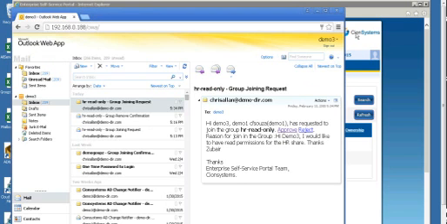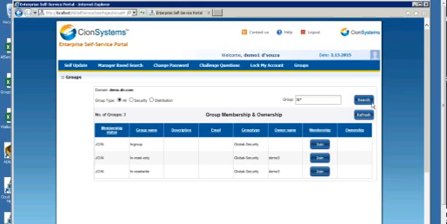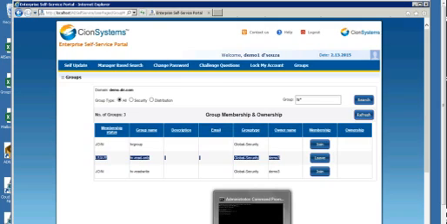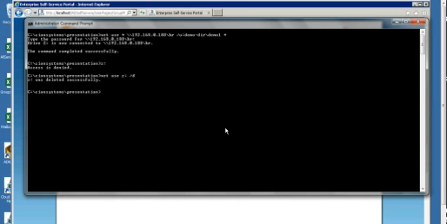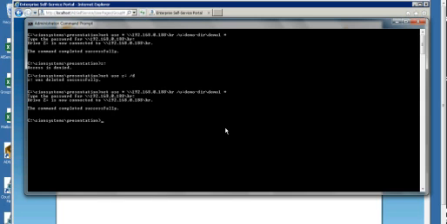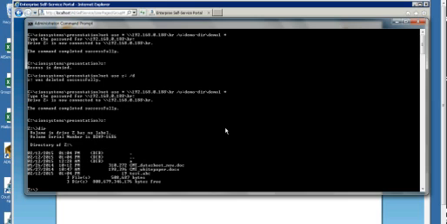Let's take a look at it and see the change here in the self-service application. I'll go and look at it. I became a member of this read-only permissions group now. Let's see how it affects the file share permissions. I come here. Now I will try to connect to the same share using the same identity. I will map the share to drive Z, and let me see. I can see the drive,